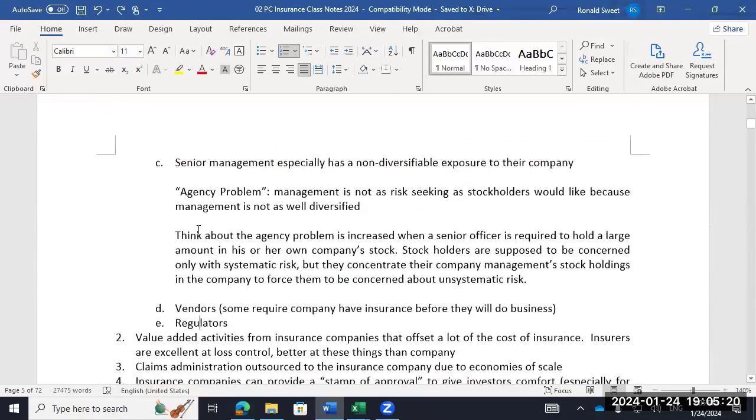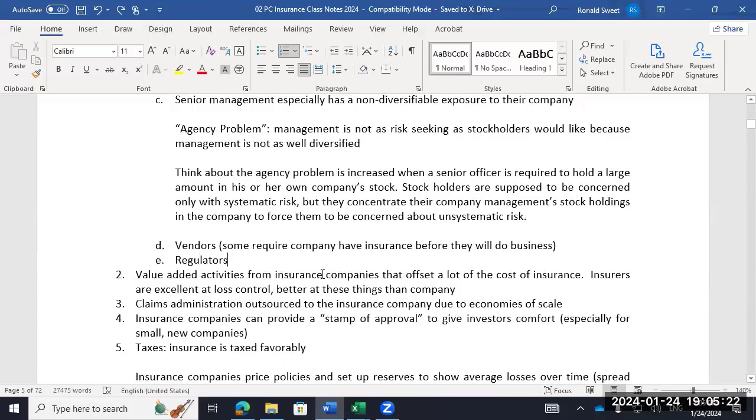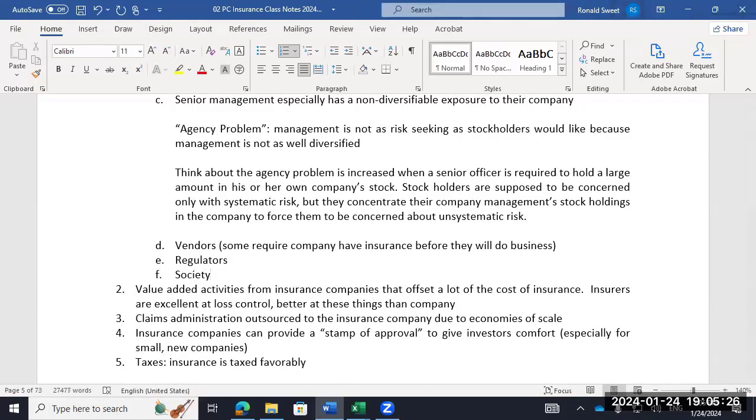You know, I'm going to add, Alec, to your point, I'm going to add this one to my list. I'm going to put society because I think that is a good point. I kind of hint at it, but I don't specifically say it. So society doesn't want good firms going under because they add all these benefits. There have been some really great companies gone under, not so much because of an insured loss, but because of some mistake they made growing too fast or something like that, and we really lost out on them.